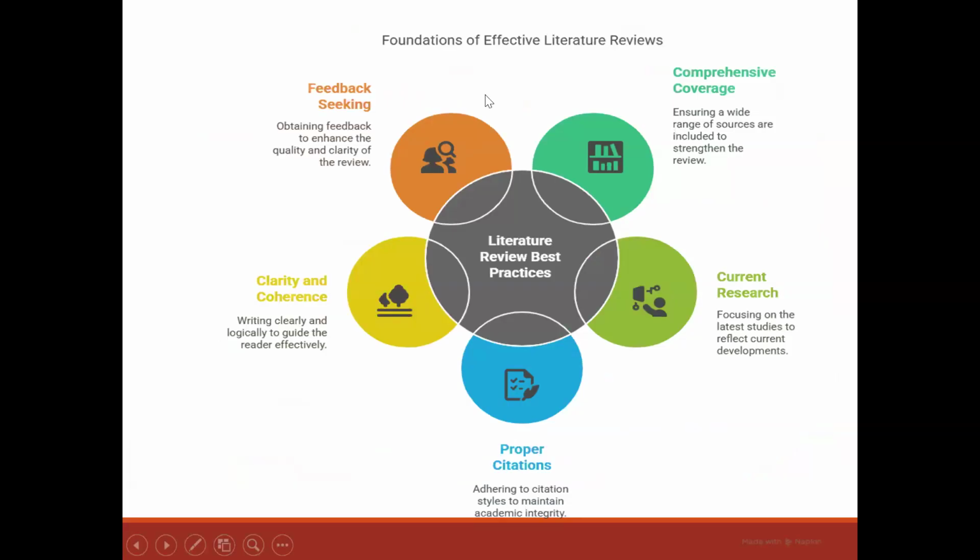There has to be comprehensive coverage of research. You need to see what current research is about, focusing on the latest studies to reflect current developments. So if you tell us that currently a lot of studies have focused on alternative sources of protein for fish feed formulation, then you talk about those alternatives. You talk about people trying Azolla, people trying that, but this current research, the proposal, is going to deal mostly with BSF, that is black soldier fly. So we get to understand that you understand the problem, what is currently being done, and then you are pointing us to what still needs to be done.